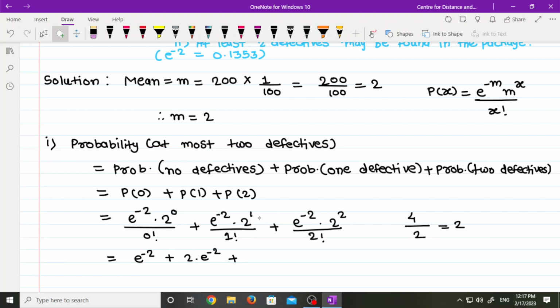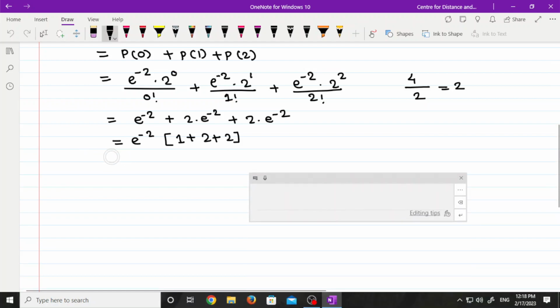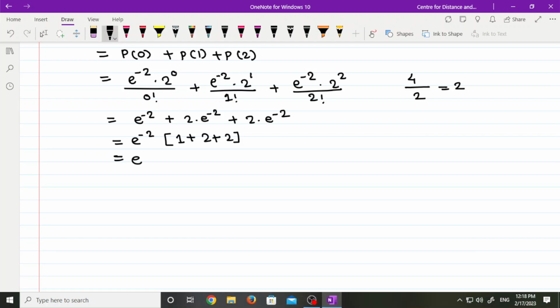So, here we get 4 divided by 2 is equal to 2. So, 2 into e raised to minus 2. Common out e raised to minus 2 from this equation. So, here we get e raised to minus 2 into 1 plus 2 plus 2,